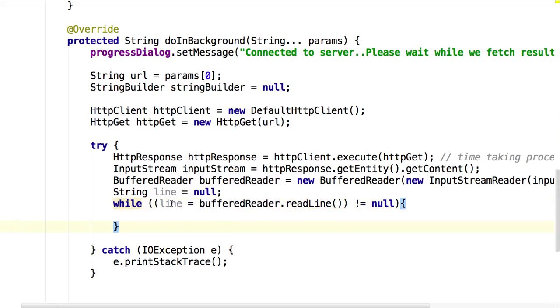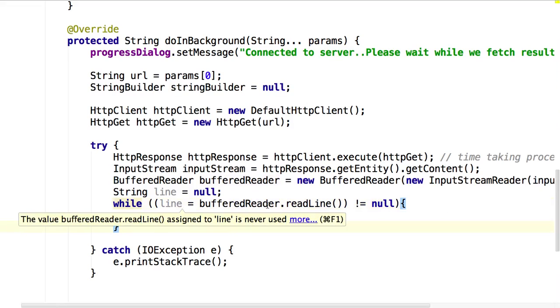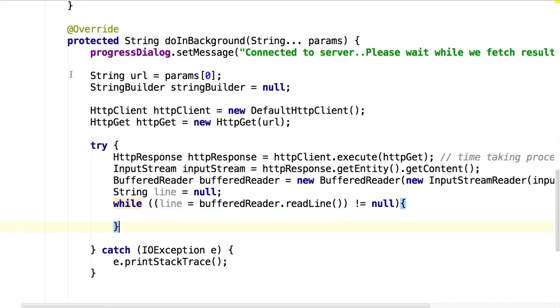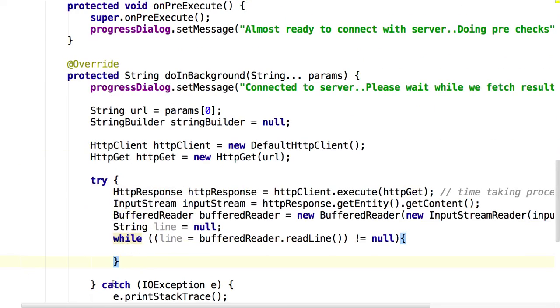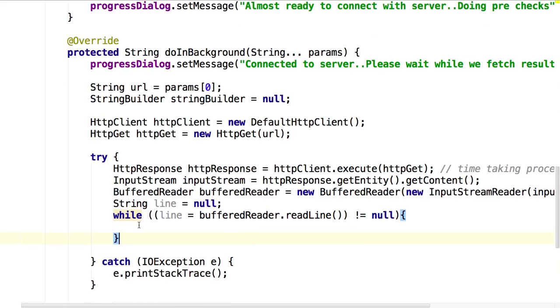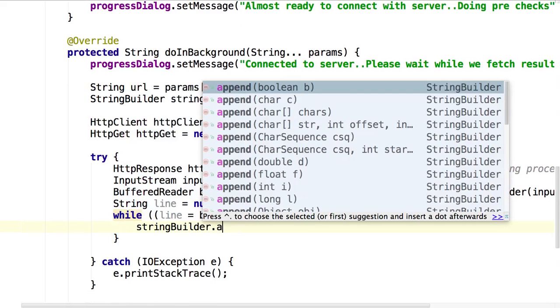So the buffer reader starts reading from the top. There will be some data. As it starts reading line by line, 1, 2, 3, 4, 5, at the end it will come here, and after that when it tries to read, it will get null data. At that time the while loop will quit. So the while loop only works as long as the buffer reader contains data. So read line means each line it will read, get the data and retrieve it. I'm going to keep that data in a string builder, capturing it, and append